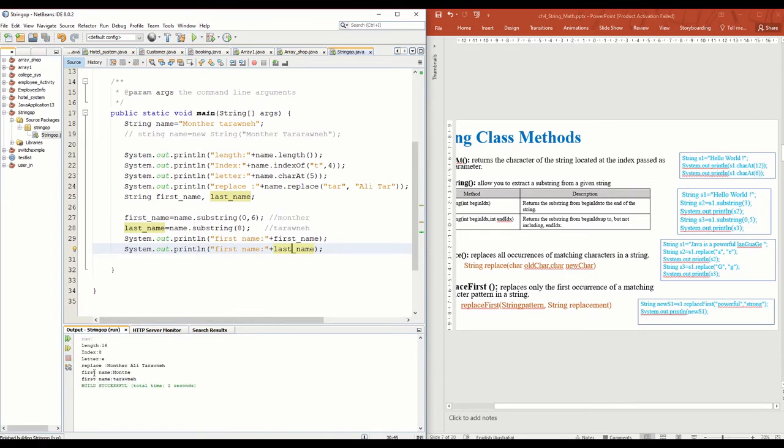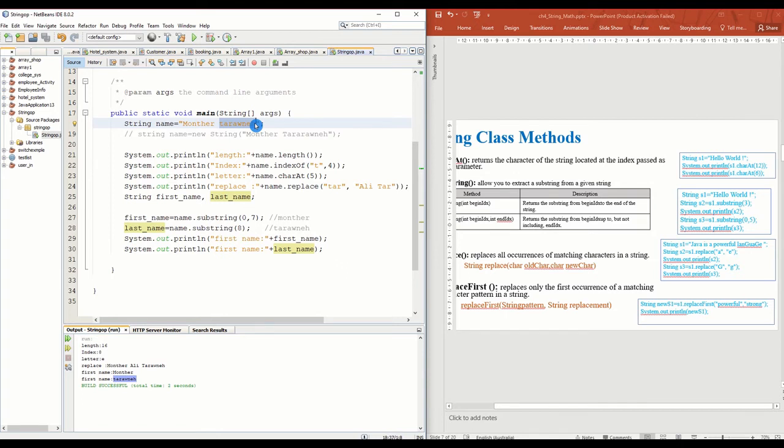You can see that the first name is Wonder and the R is gone, so we need to increase this a little bit, to 7, and run it again. Now you can see the first name is Monter and the last name is TAR. So with substring, you can give a range from this position to this position. Or if you give just one number, it will go to this position, 8, and take all the letters until the end of the string. So this is how we can use